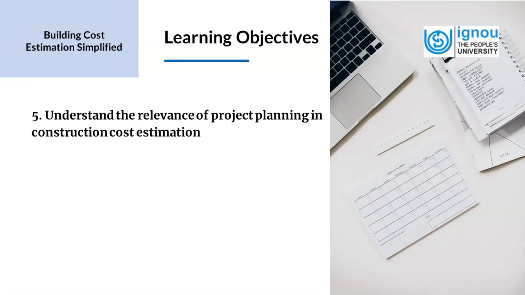Now, if for some reason the project duration exceeds the estimated time, it can have implications on the project cost. So based on the estimate, the procurement team and planning team schedule the project. Sometimes in fast track projects, we might need more labor to be employed, and this will have a bearing on the estimation. So it is desirable for estimators to have knowledge of project planning to aid them in their cost estimation process.